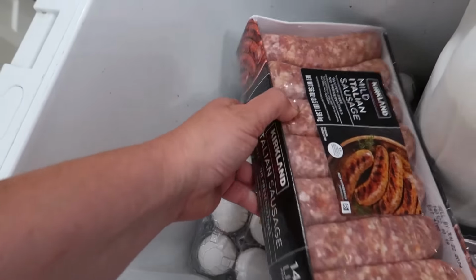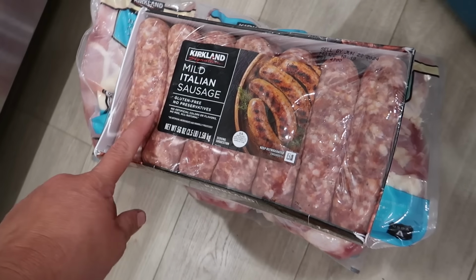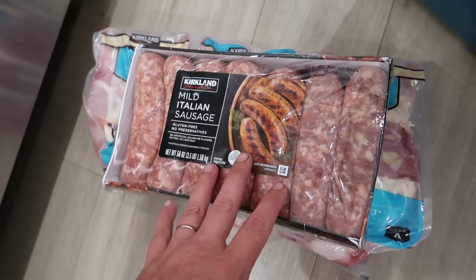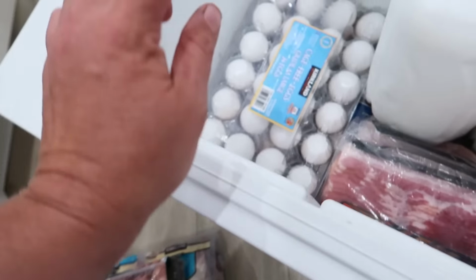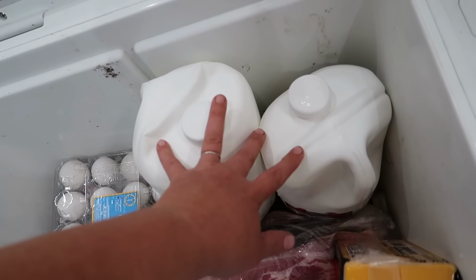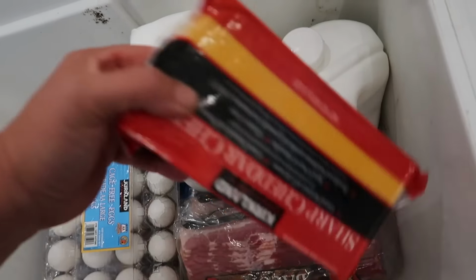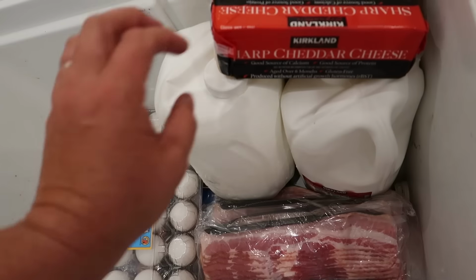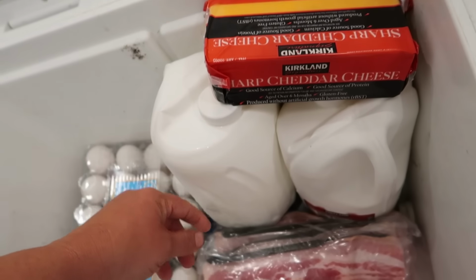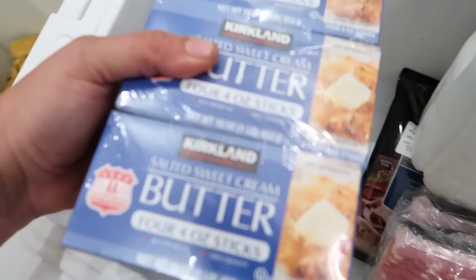I got these mild Italian sausages. The price was right, and I wanted to try them to see if we like them because we do not have pork in the freezer. I got 2 dozen eggs just because I needed eggs. I got 2 gallons of milk just because I needed milk. This is like normal grocery shopping. This isn't like stocking up. I got a 2-pound thing of cheese, and I got a 4 pack of bacon, as well as a 4 pack of butter,